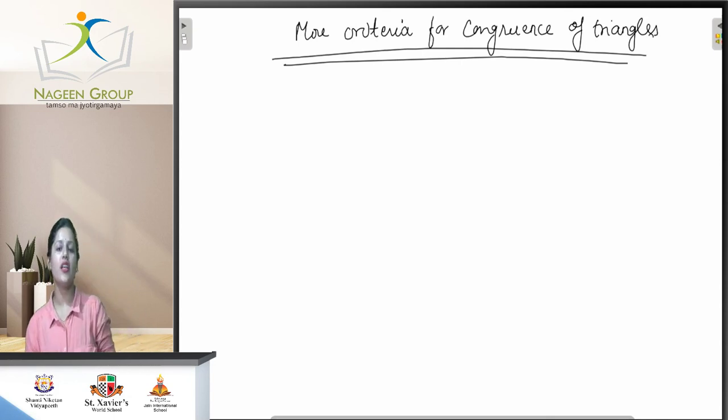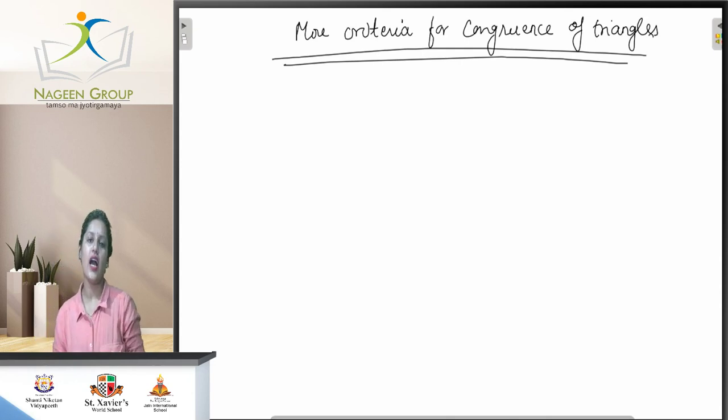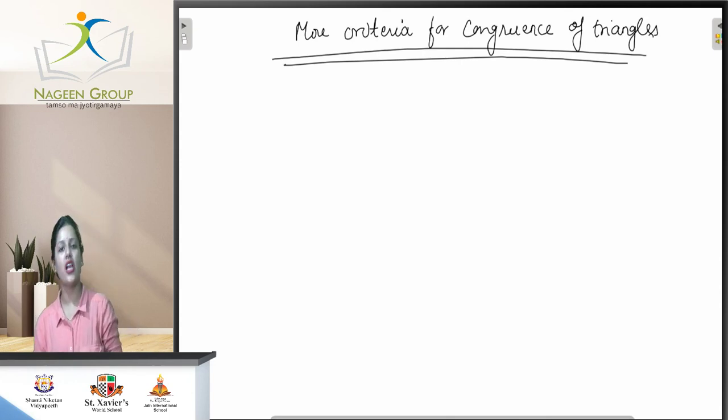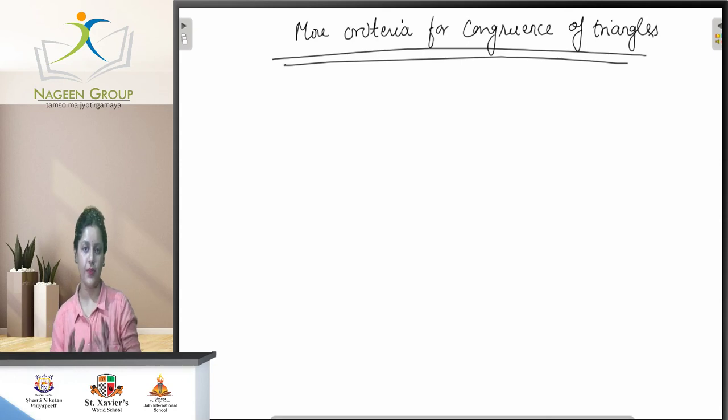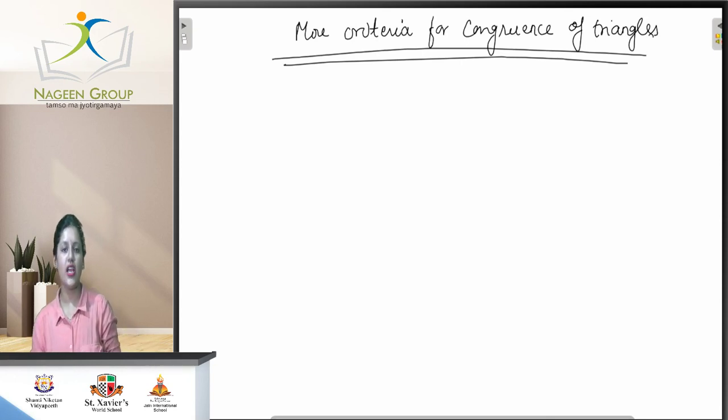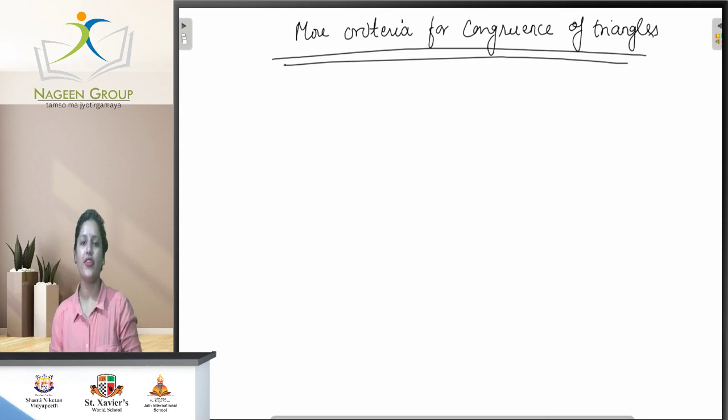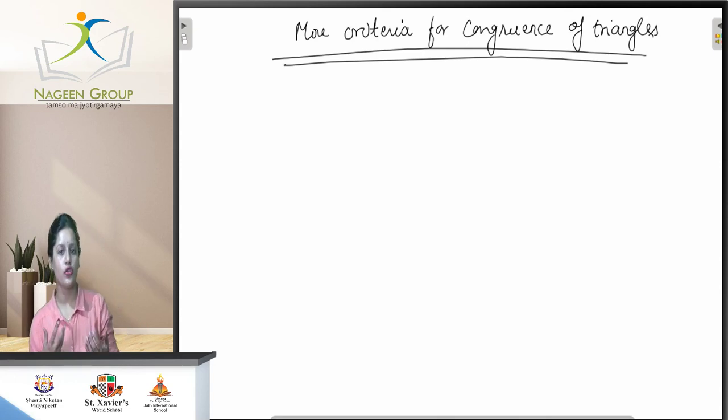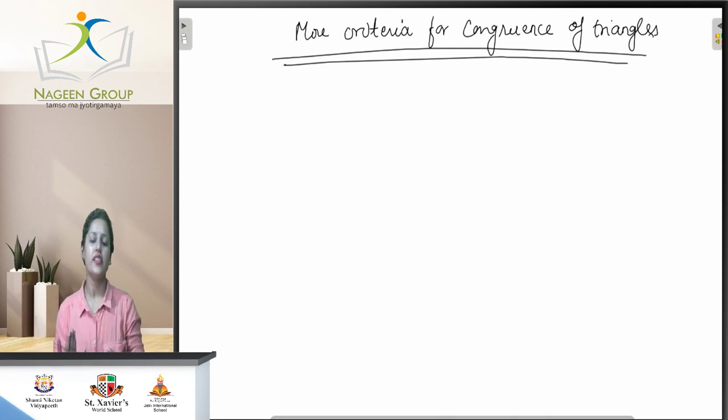So this is our class fifth, and after this class we have only summary and revision class, in which we are going to revise all the chapter. So in this class we will learn the leftover criteria of a triangle, as well as we are doing some questions also. So let's get started with this class.